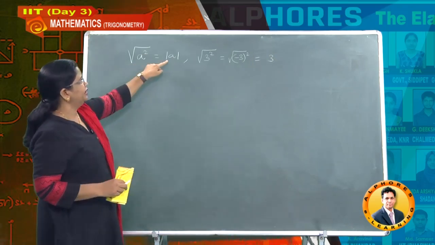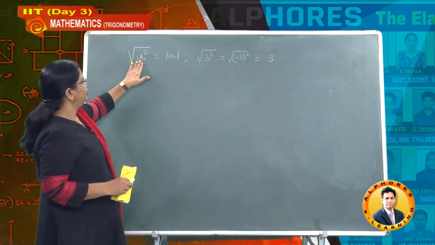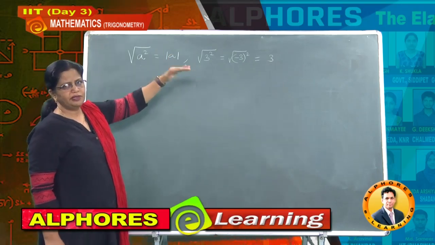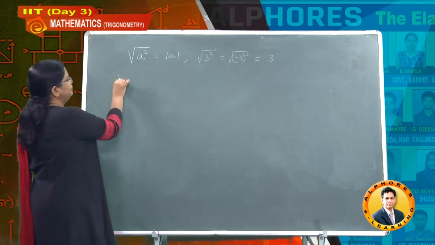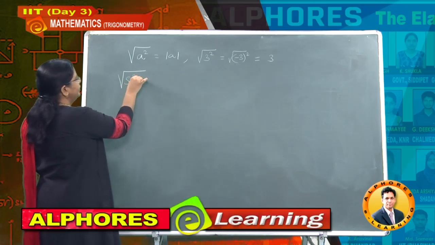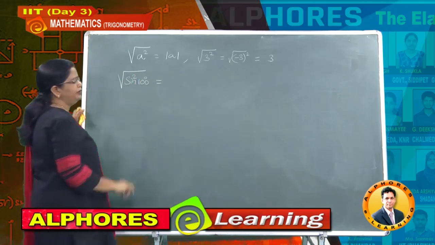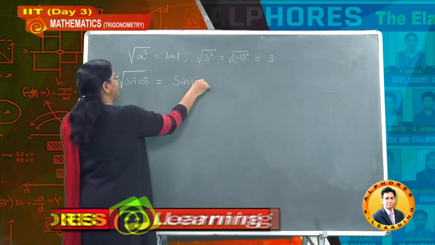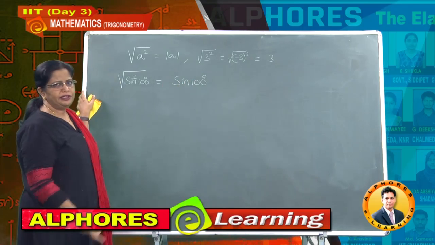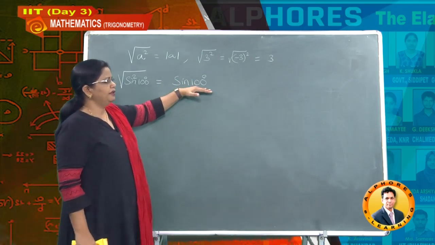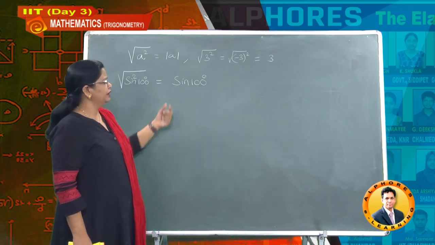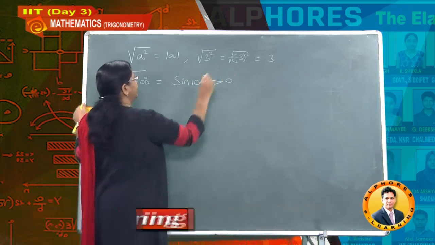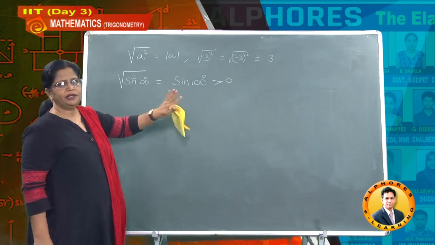Hence here root a square, you shouldn't write a only, because you don't know the sign of a. Hence we have to write it as mod a. The outcome must always be positive. In the same manner, suppose I take root of sin square 100 degrees, what is the value here? You can immediately write it as sin 100, understand. You should remember the quadrants, and we have observed that in the first quadrant, that means 0 to 90 degrees, sin is positive, and 90 to 180 also sin is positive. That implies this value is greater than 0, so I can put it as sin 100 as it is.